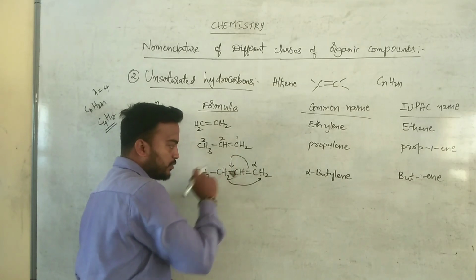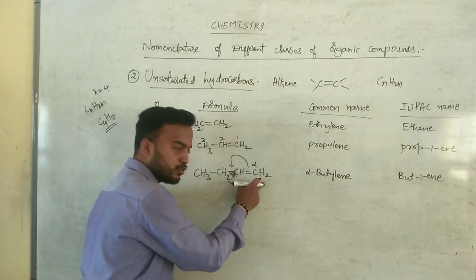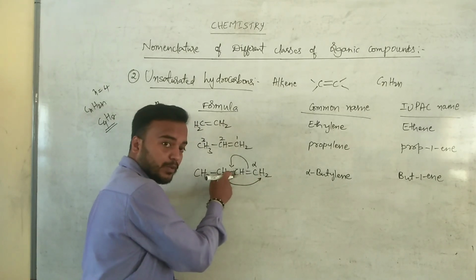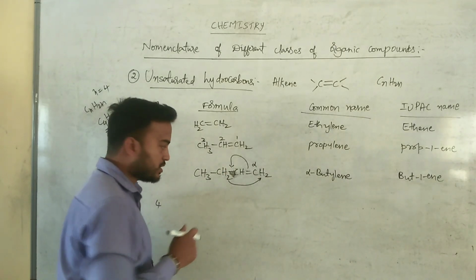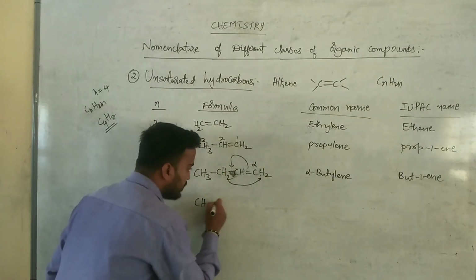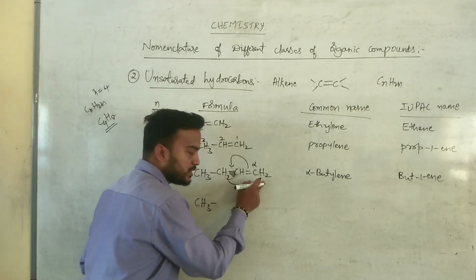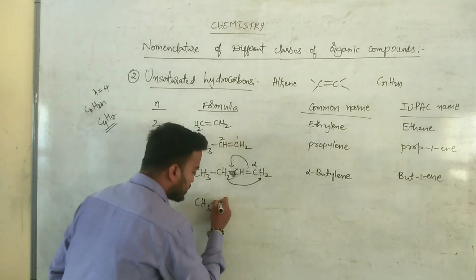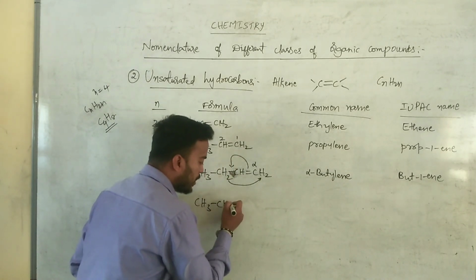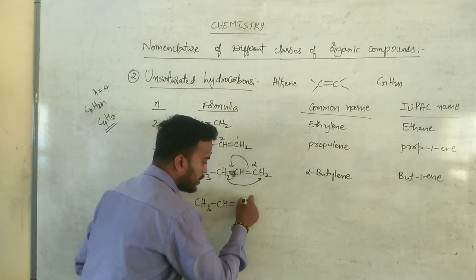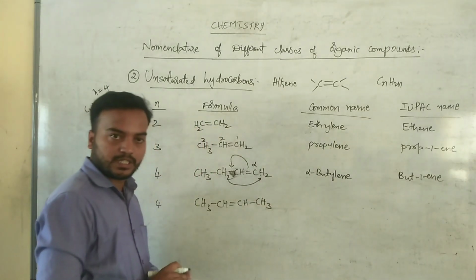I am shifting the double bond to this side. There are 2 hydrogens here. Out of 2 hydrogens, 1 hydrogen will be shifted to this CH2 group. So what happens here: a single bond will become a double bond. CH2 will become CH3. This CH2 will become CH. Out of 2 hydrogens, I shift 1 hydrogen to this CH2 group. I shift the double bond to the second carbon atom, the single bond will become a double bond. This CH remains the same. The double bond will become a single bond. CH2 will become CH3. Understood?